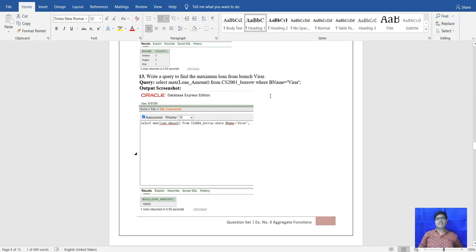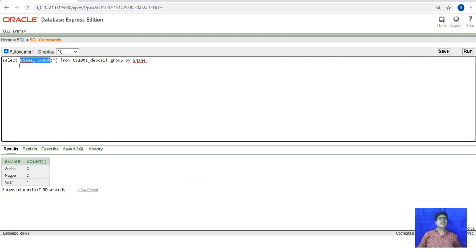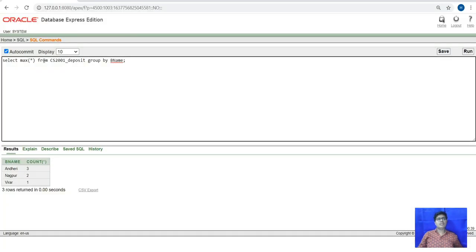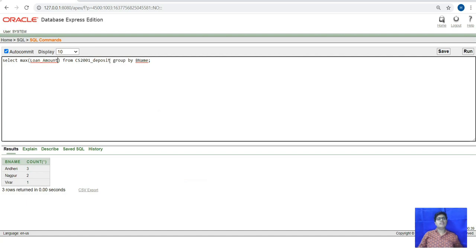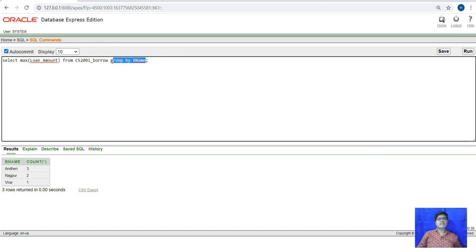Next, for the 13th question, write a query to find the maximum loan from branch Virar. We type max of loan amount from the borrow table, where the bname is Virar.